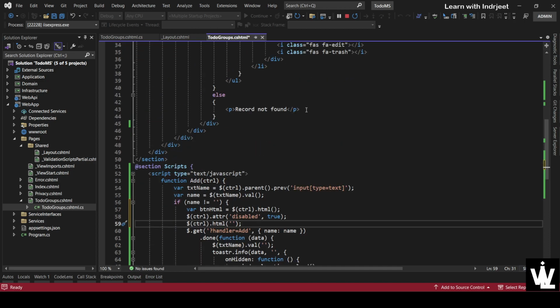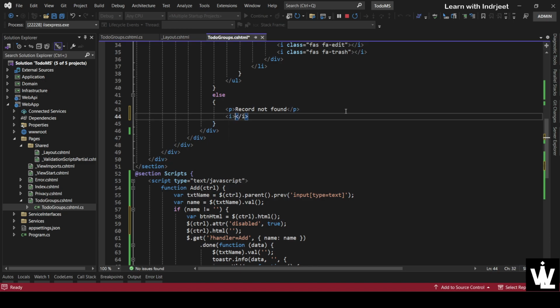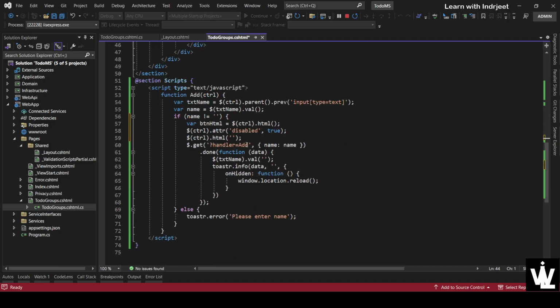let's put in an icon over here so that we can copy and paste. So icon class would be fa fa-spinner, and let's make it spin. And let's put in some markup. No text. So let's cut that and paste it inside of these single quotes, and let's say wait,